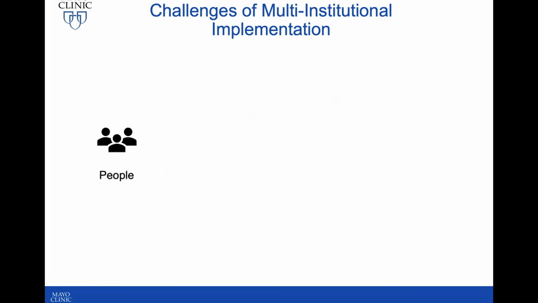Starting from the people perspective, we learned that different sub-award sites have different local expertise, and successfully completing the process requires a minimum of 3 types of expertise. This includes the domain knowledge of total joint arthroplasty, the local ETL, or extract, transform and load, data infrastructure knowledge, as well as basic NLP development and evaluation knowledge.